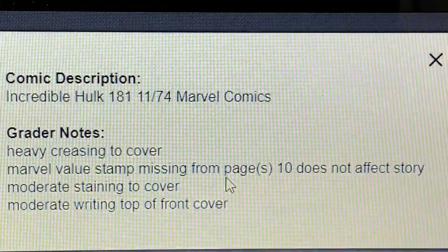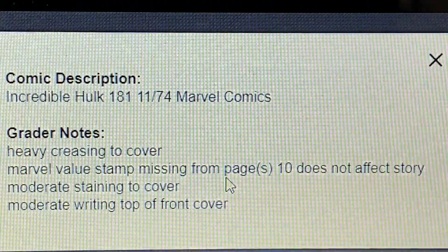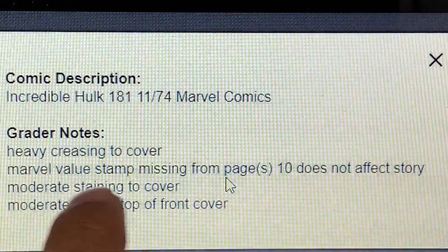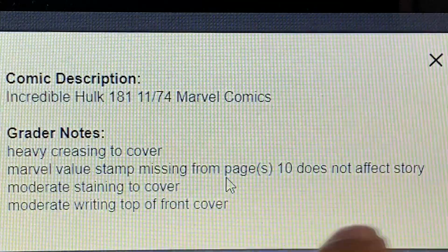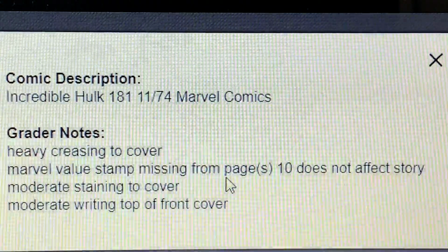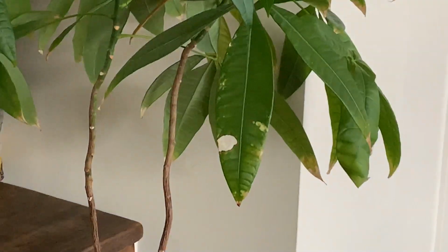Last but not least, we have the Incredible Hulk 181. But let's take a look at CGC's grader's notes here. We have heavy creasing to cover, Marvel value stamp. Yes, it's already on there, so check. Does not affect story. Moderate staining to cover, and then moderate writing top or front cover. So that's what they have, and these are actually pretty easy to see,